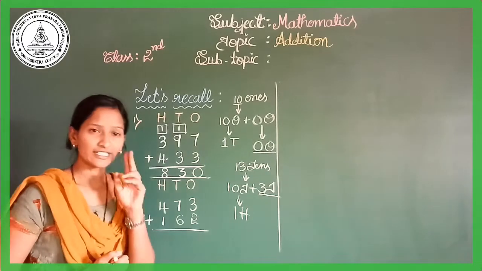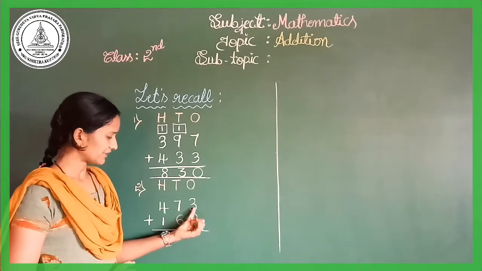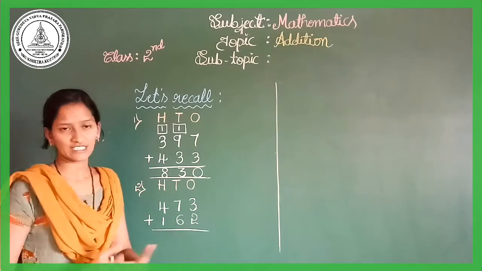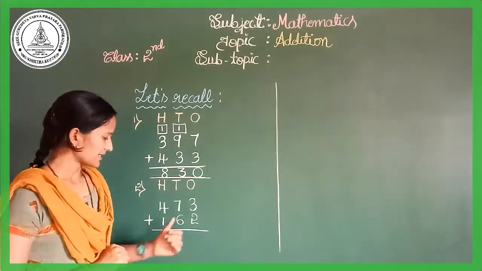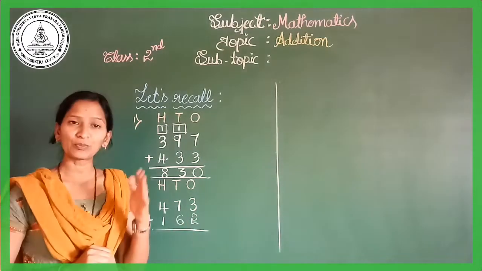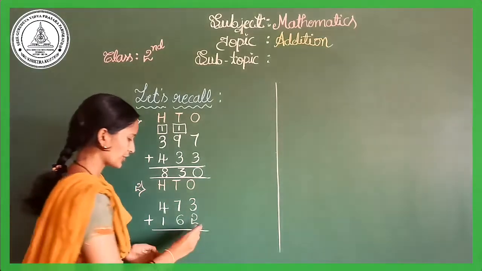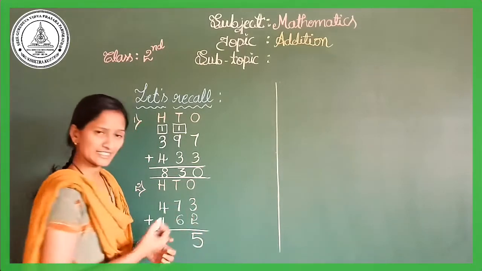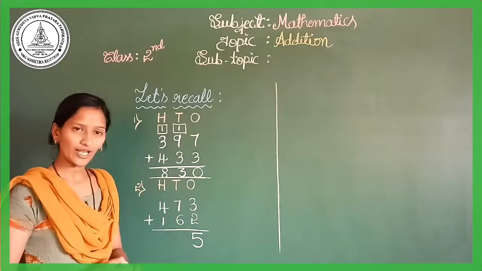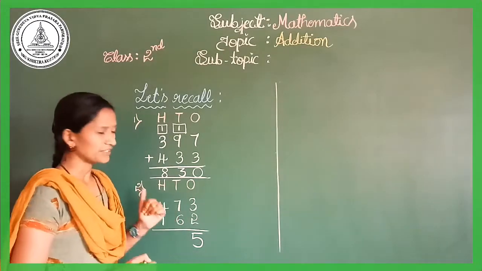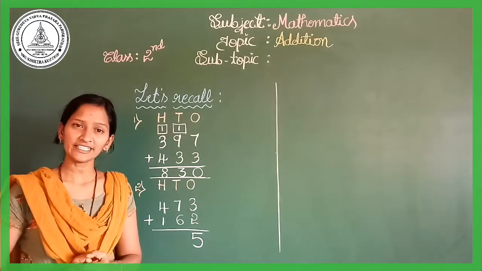Now I will go to the second problem. The second problem is like this: 473 plus 162. First, you have to add the digits in the ones column. 2 plus 3. What is 2 plus 3? 2 plus 3 is 5. So write here 5. It is a single digit number, so I am writing it as it is. Now I will move to the tens column. 6 plus 7. What is 6 plus 7? 6 plus 7 is